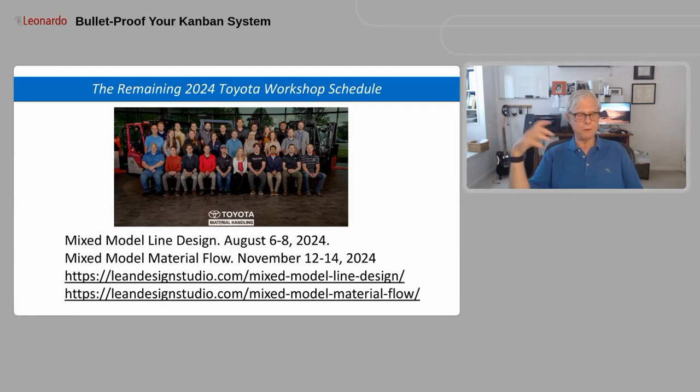And then we have in November the material flow class. That's more aligned with what we were talking about in this webinar, on November 12th to the 14th. Again, it's about 2/3 sold already. So even though it's far away, there seems to be interest. So basically the same format where, instead of workflow, we're talking about material flow. So plan for every part, setting up a Kanban system like we've discussed in this webinar. The other various delivery methodologies, sequencing, kitting, all the different strategies for getting the parts to where they need to go. Supplier Kanban and supply chain discussions, conveyance,